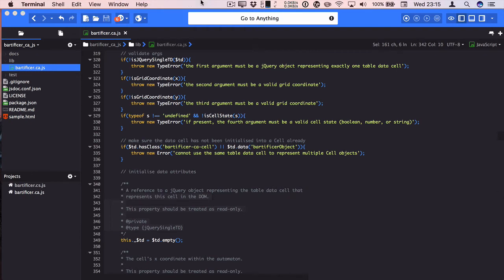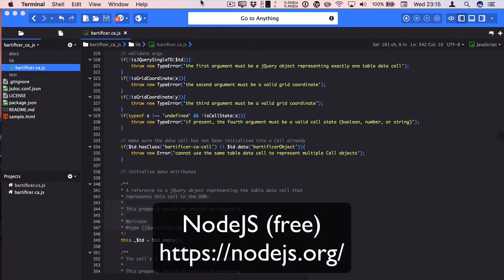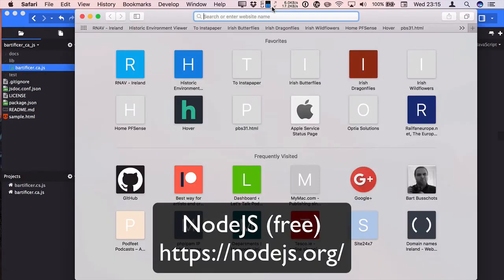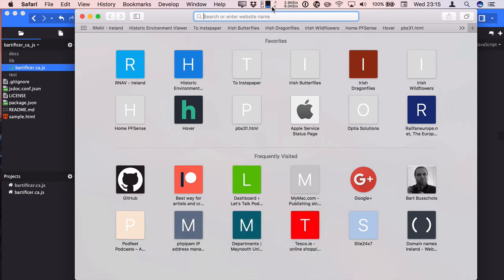Okay, so the key to generating our JSDoc web page is the JSDoc command, which is actually written in JavaScript. And we get it onto our Macs or Windows or Linux PCs using Node.js, which is basically a JavaScript engine for the command line and other things. So if you haven't played around with Node.js, we've mentioned it quite a few times now in the PBS series. You can go to